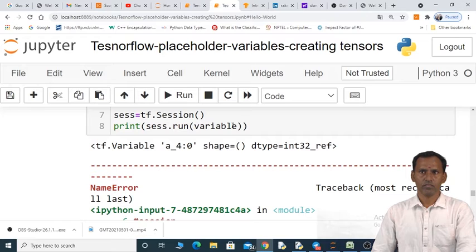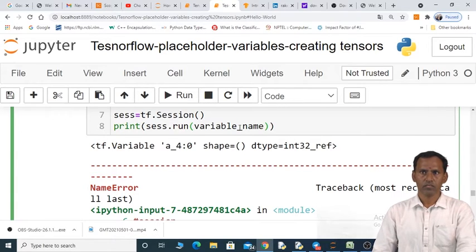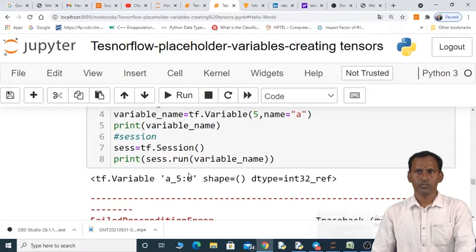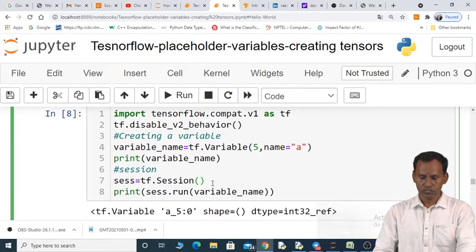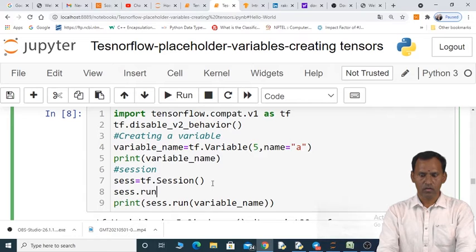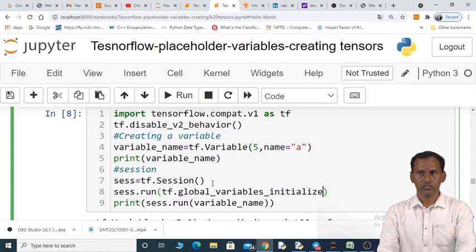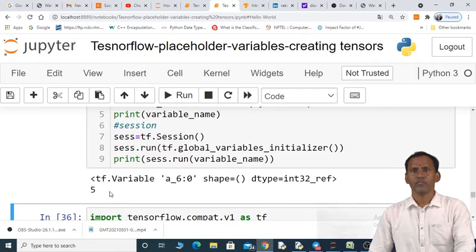We have to initialize the global variables: sess.run(tf.global_variables_initializer()). So this is the guide.